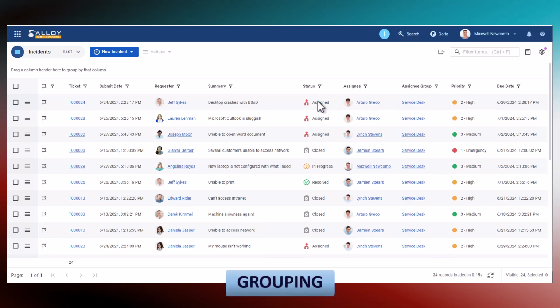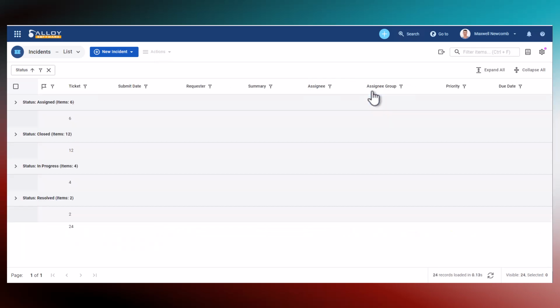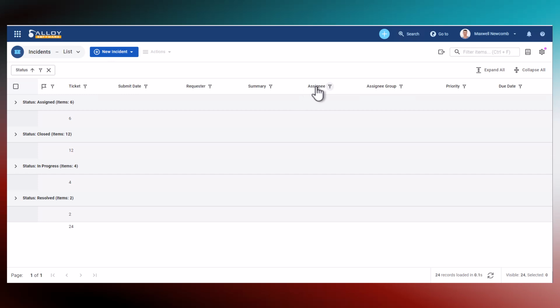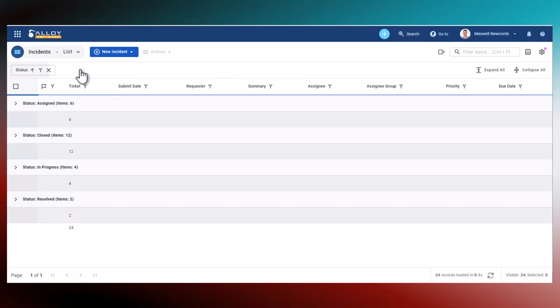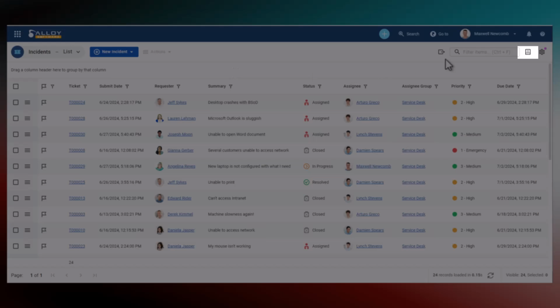Grouping. If you want to create a summary table or compare groups of data, you can quickly group records using the context menu. Right-click on a column header or simply click on the column and choose Group by this column. To remove the grouping, select Ungroup from the context menu. You can also group data by dragging column headers into the group box above the data grid. If you prefer not to use the group box and want to save screen space, you can hide it through the Options menu.